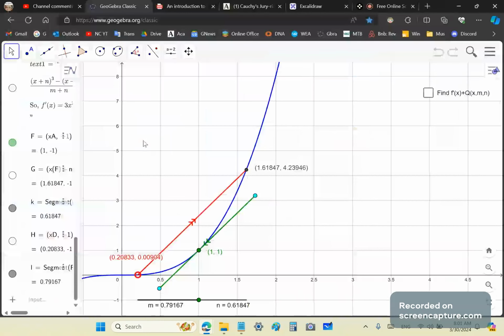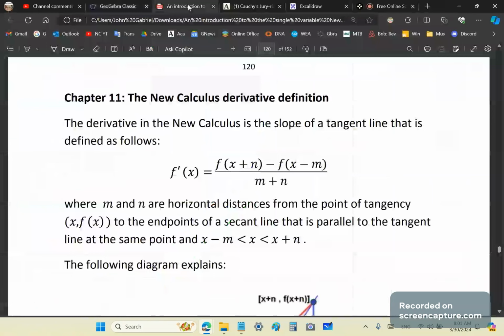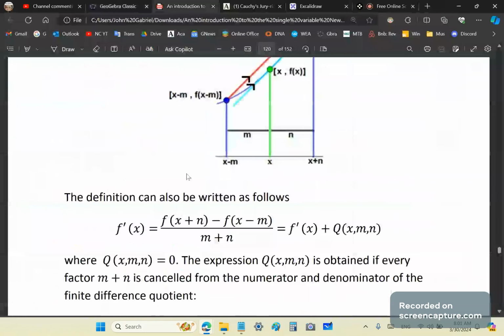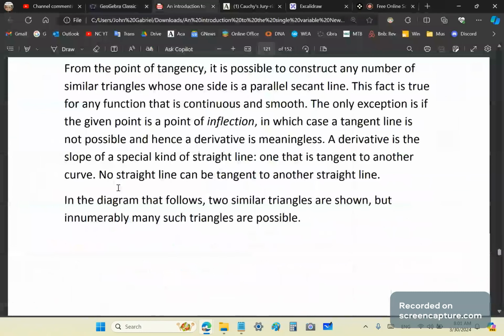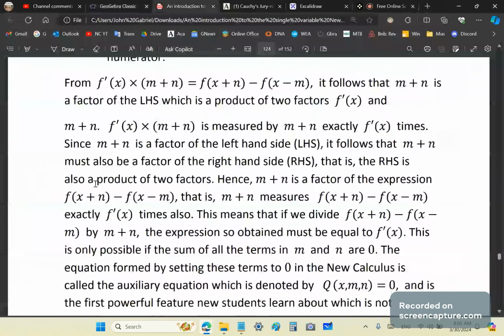And before I start that, it's probably a wise idea to note that in my free ebook, to which I'll place a link also in the details section, I discuss all these things. I give you the full definition of the new calculus derivative, which is all this information here, and I talk about it in extensive detail. I show you how to understand the terminology, how to use the different parts of the definition,